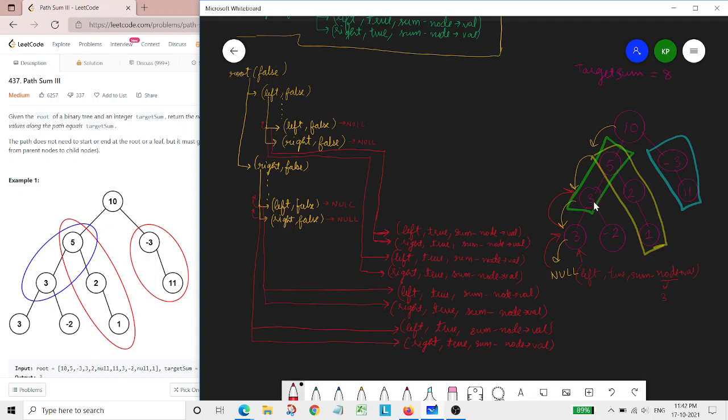Now it is at this 3, and this is the backtracking portion only, because at the start we simply traversed this whole thing. Now it is simply backtracking. So it has reached this particular node, and now it is backtracking to this node. Here, when it is backtracking, it will check for its left and right because of this portion of code. When it checks for its left and right, its left portion has 3 and its right portion has -2.